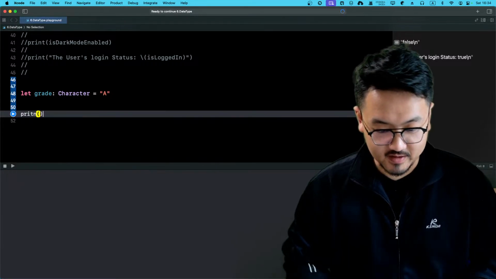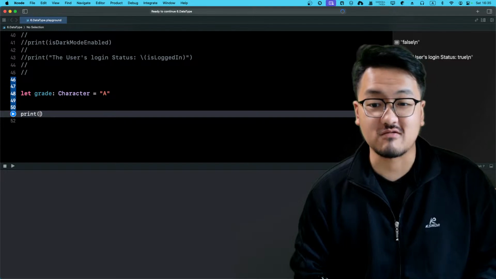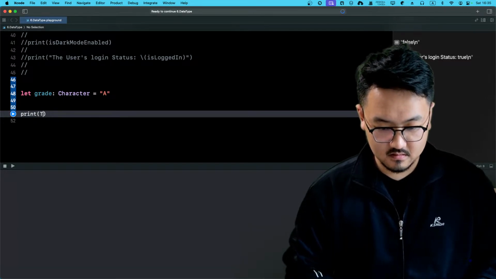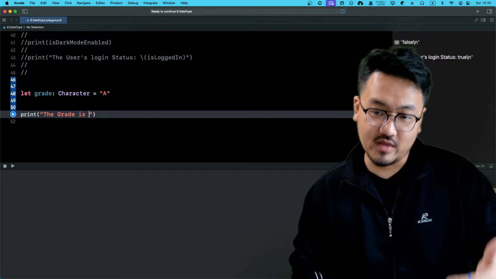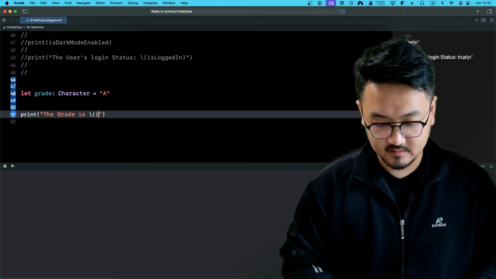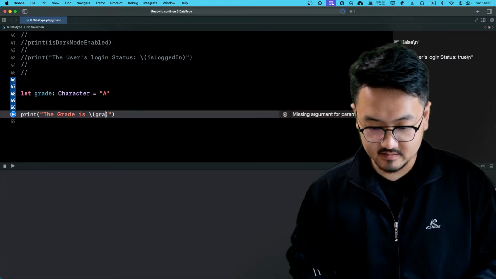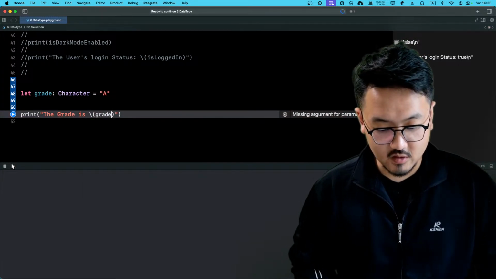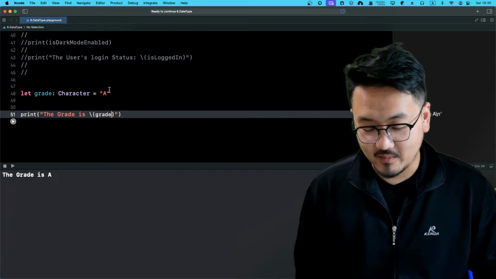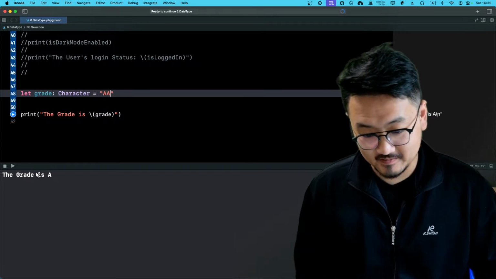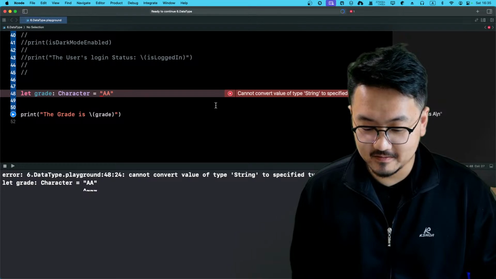You can actually print it out, and you can say, the string, the grade is, and then you know what? Insert things. And the grade will be the grade. And if I print it, the grade is a single character. We can print that. What about edit? Can I run this? We can't, because